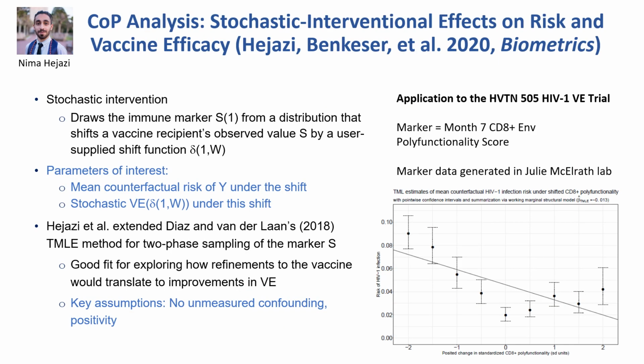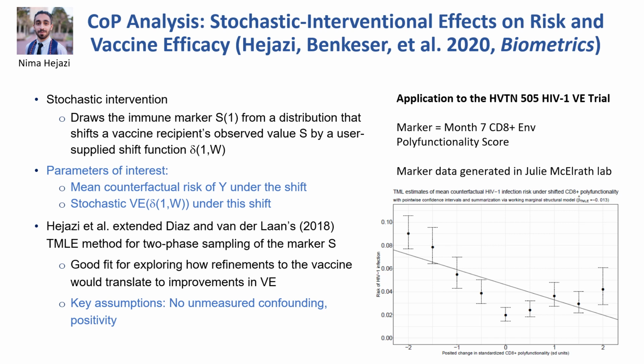And then a potential challenge with that method I just mentioned is we have to conceive that we can set each vaccinee to have the same marker level. And this might not be possible. For example, people with certain host genetics or immunocompromised status or advanced age might not be able to achieve the highest immune response. So this method is devised to not assume we can set everyone to have the exact same value of the marker, but rather to specify a shift that everyone starts at whatever value that they have, and then we imagine shifting that upwards, say by a half log or a log, or we could even allow that shift to depend on covariates of the participants.